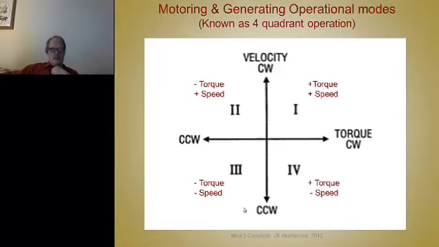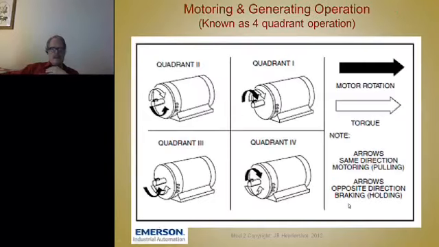And here's a case where I'm going backwards and I want to change from going backwards to start slowing down, then I've got to apply positive torque as my speed decreases. Here's another way to look at the same concept, and that is to draw a picture of a shaft,